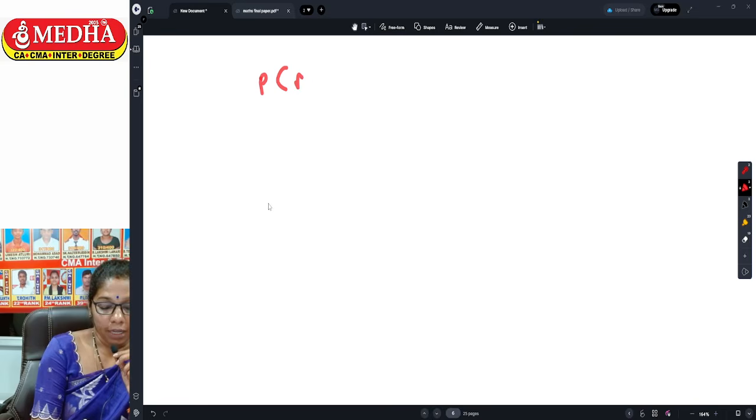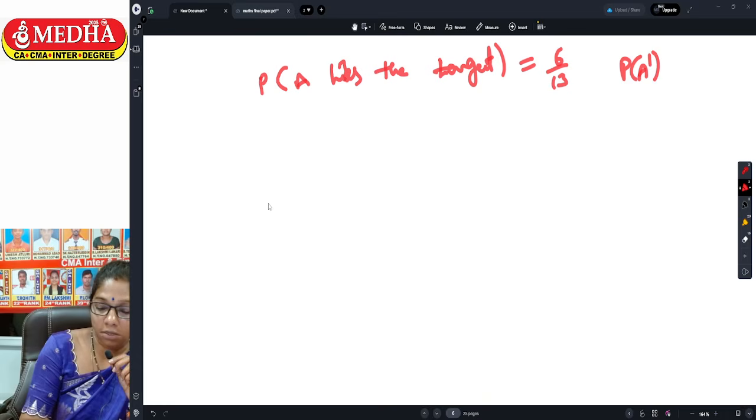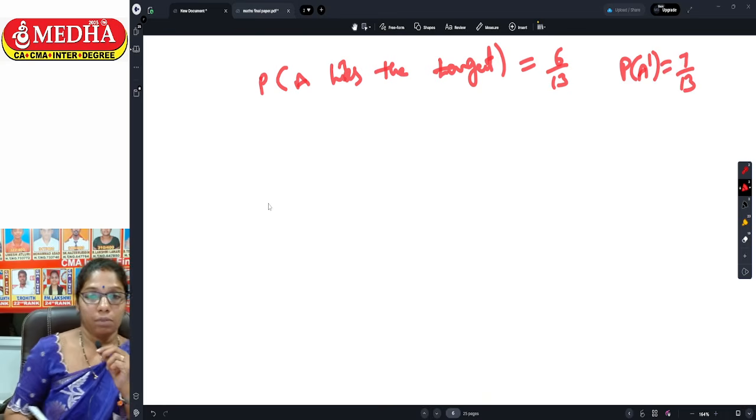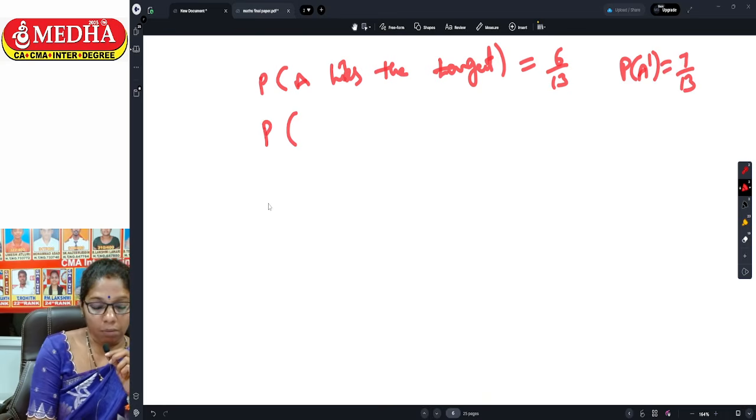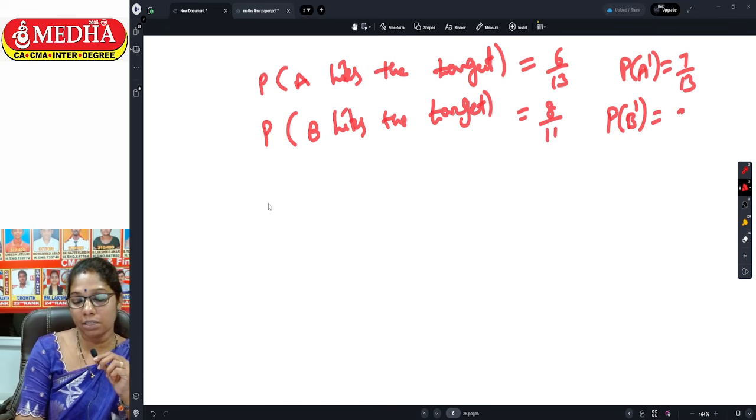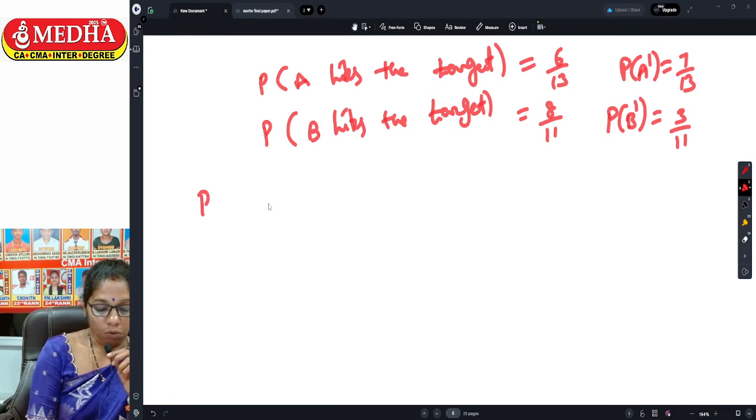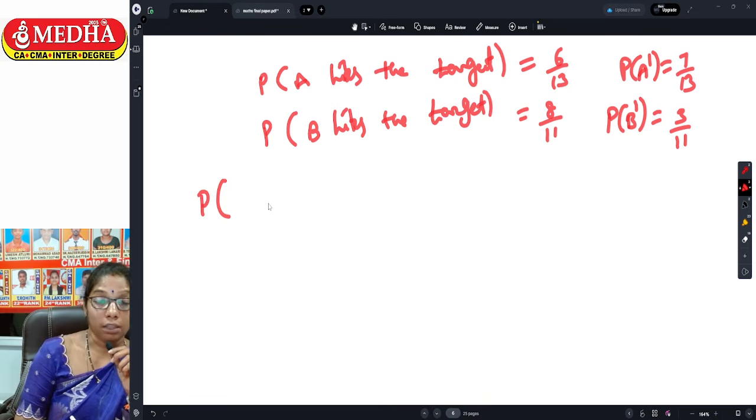Probability that A hits the target is 6/13. Then the probability A does not hit the target is 7/13. Then probability of B hits the target, B target hit cheyadanukuna chances 8/11. Then the probability that B does not hit the target is 3/11. So 7/13, 3/11. So the question is what is the probability that the target would be